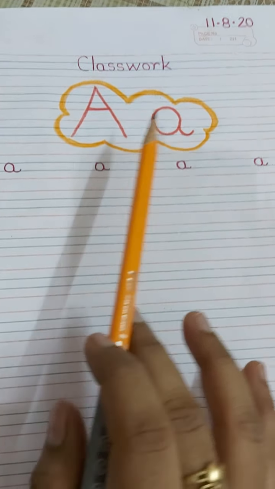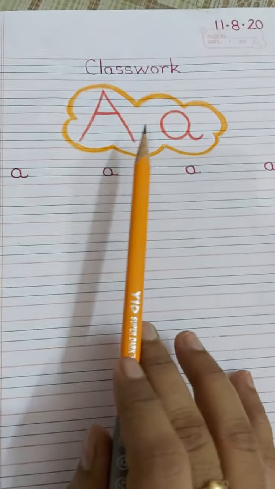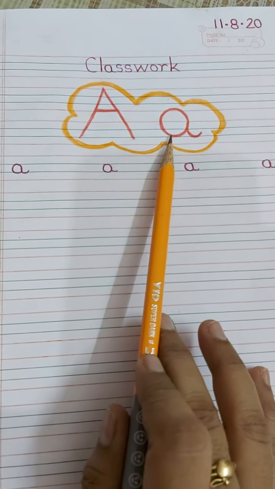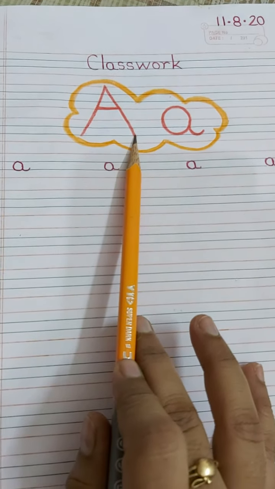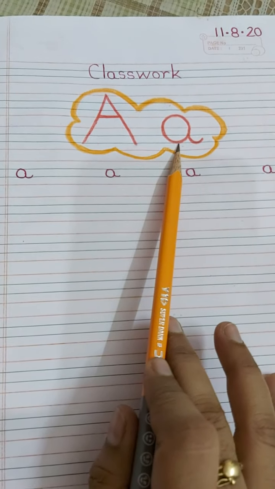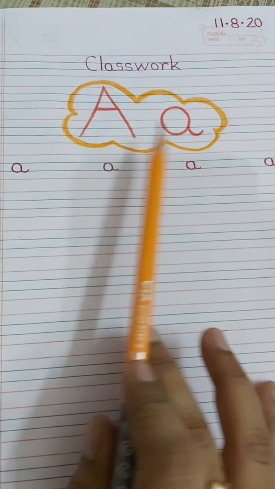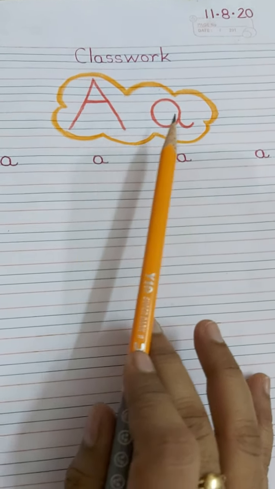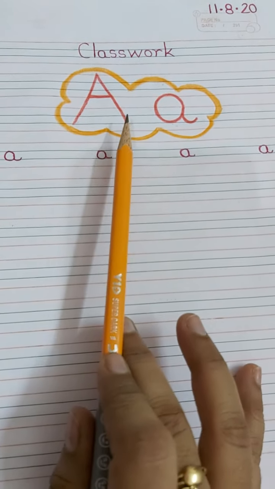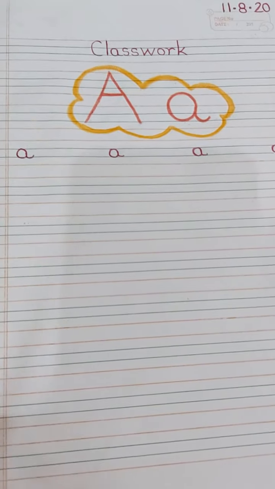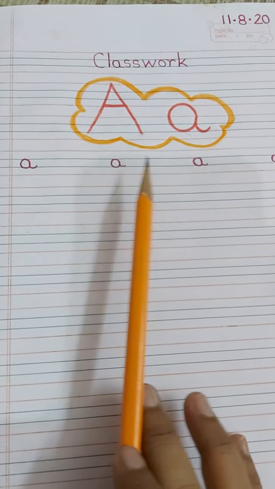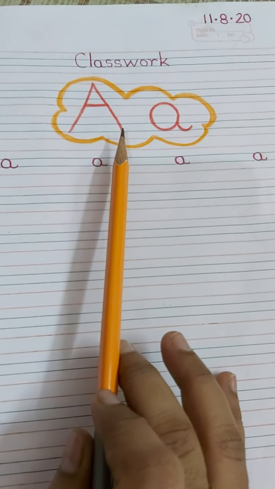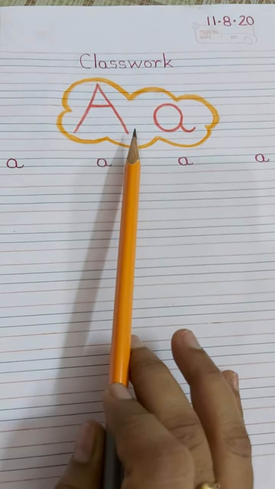Now what you are going to do, you have to write both the A's. Mama A and baby A, that is capital A also and small a also. Write both the A in your copies, so it will be easy for you to differentiate between the two, capital and small. Then write 4 times which A? Small a, because you have already done A to Z capital.